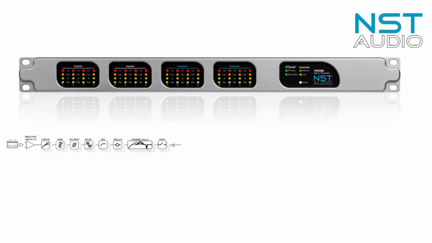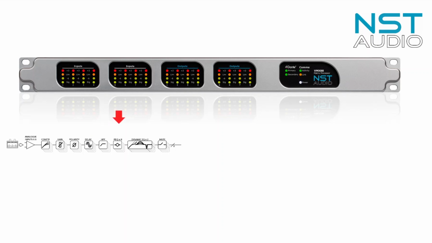Starting at the input, the following processing modules are available. A fully featured compressor with control of envelope, ratio and knee. A gain control with up to 15 dB of boost, which may be used as makeup gain. A polarity, phase reverse switch, and up to 1.3 seconds of delay. A full spectrum variable high pass filter with selectable roll-off and type, up to 24 dB per octave.